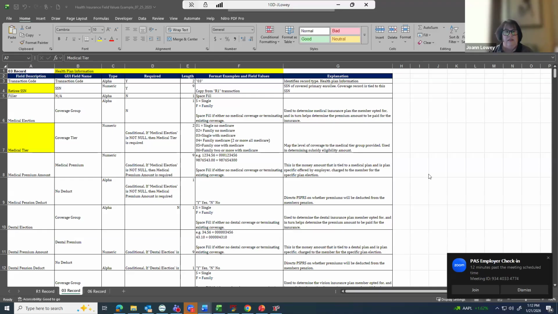The data for this section begins with a retiree SSN. This is important information as this identifies the retiree in STARS so that the health plan information gets to the correct retiree. From there, the employer will provide details of the retiree elections for medical, dental, vision, and/or pharmacy, single